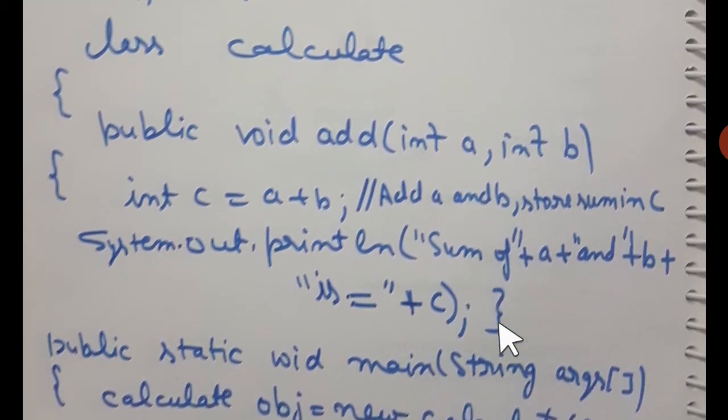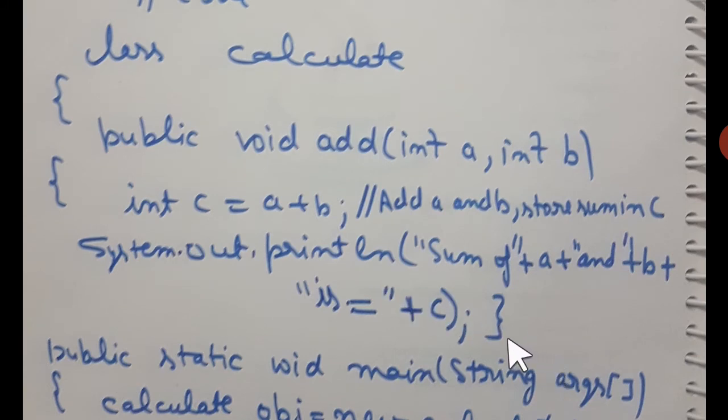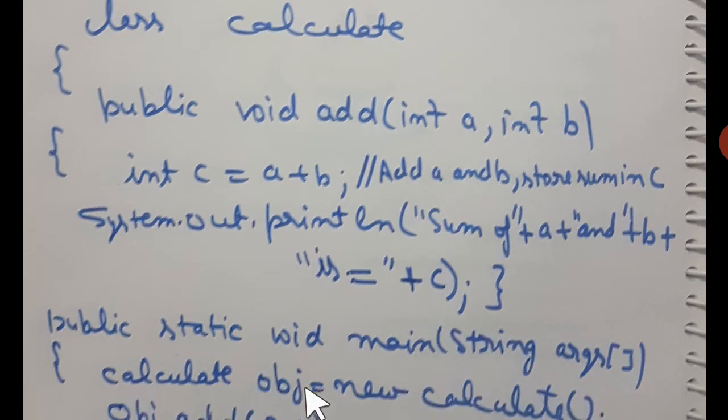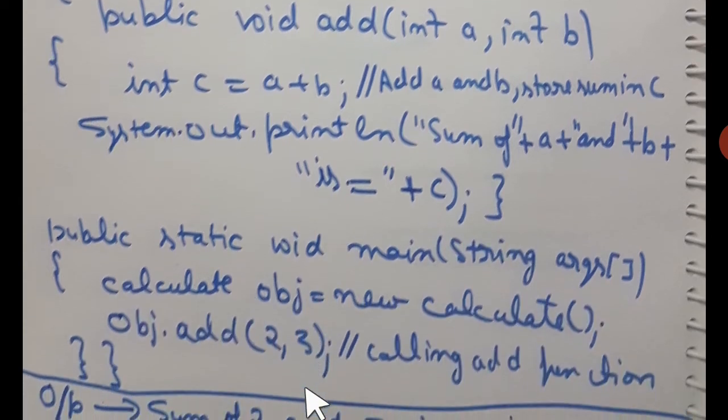is being used here to bring all these things together, right? After that, students, now the function definition is over with this closing curly brace. So there's the function header and there's the function body within the curly braces. Okay, now students, main function to call this function using the object. So we'll create the object, then we'll call the function. So public static void main(String args). After that, we begin the function definition.